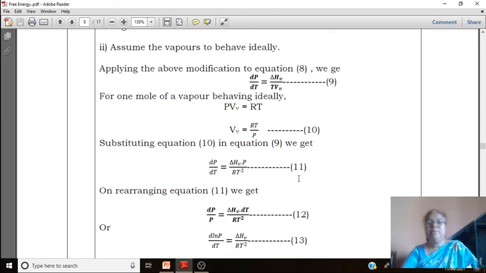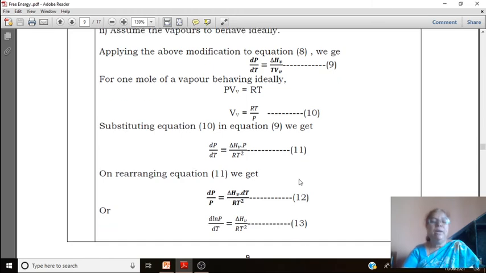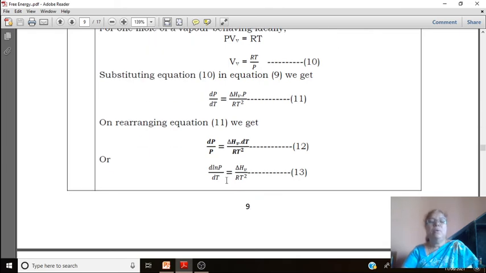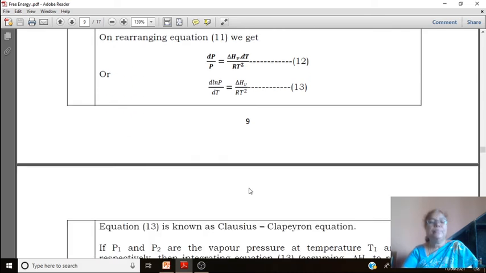Let it be our expression number 11. On rearranging equation number 11, we get dP by P equals delta Hv into dT upon RT square, or we can write d ln P by dT equals delta Hv upon RT square,